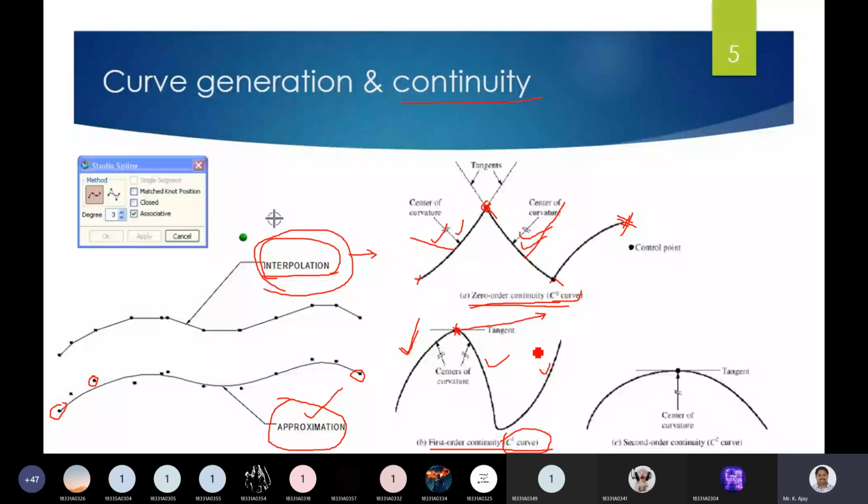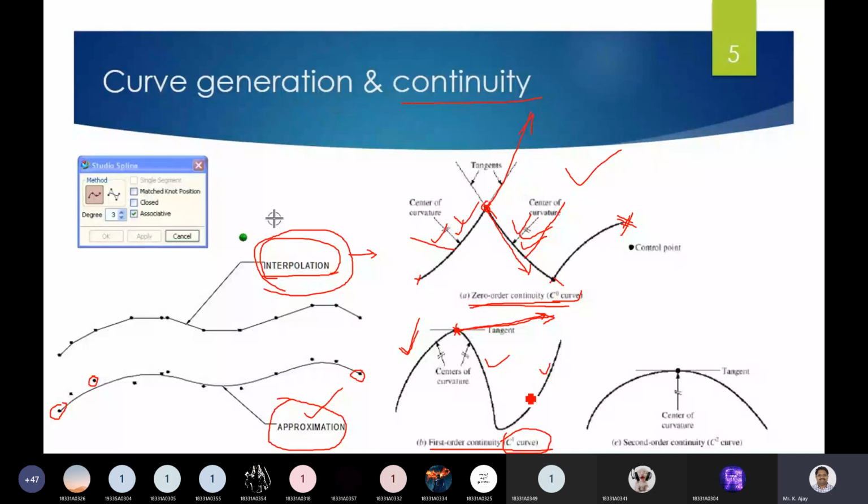So for the second segment also, if you calculate the tangent at the beginning of the second segment, that tangent is also in the same direction with the same magnitude. So if you apply only the C0 continuity, then the curve will not be like this. Why? Because here there is no smoothness at all. The tangent of the first segment is going in this way, whereas for the second segment the tangent is going in this direction. So the tangents are totally different. That's why there is no smoothness at all.